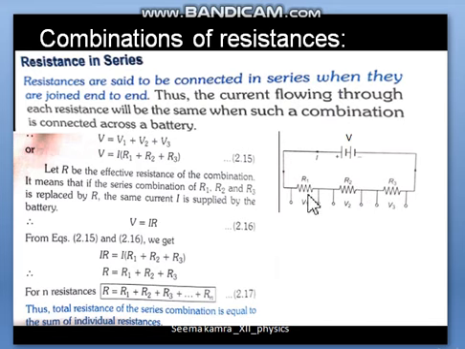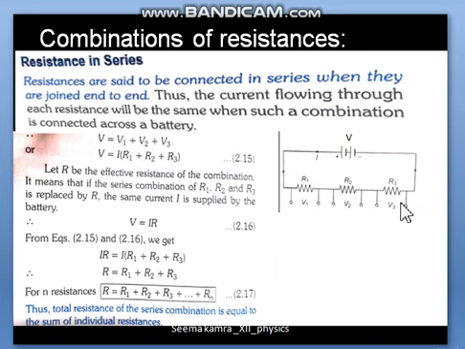Now we have to find the equivalent resistance of these three resistances. How do we find it? First of all, we have to talk about what remains the same and what changes. So in series, the current remains the same through all the resistances. Point number 1 is this. And what about the voltage? So voltage is distributed. Suppose V volt is the total voltage from the battery available for the 3 resistors. So V1, V2 and V3. This way it is distributed.